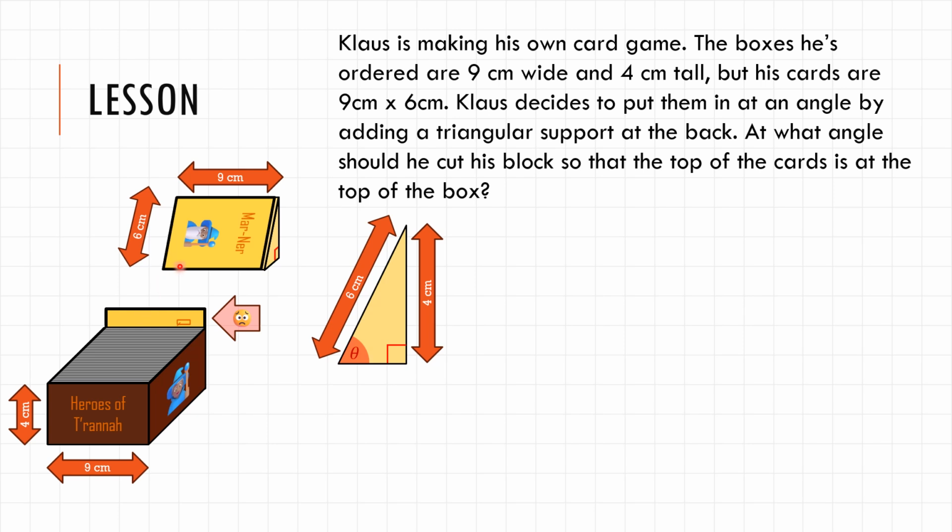and then all the cards can lie at an angle so they're not as tall. And that's sort of what that looks like, right? So here's the triangular block. You can see that the cards, even though the card is 6 centimeters wide, that 6 centimeters is at an angle